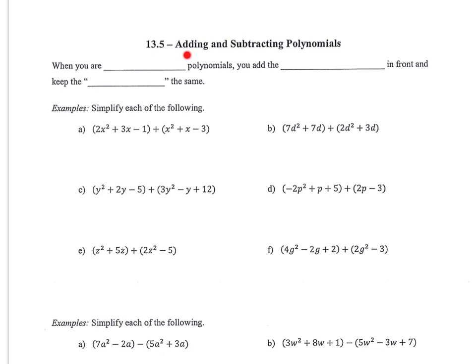Okay, this section is about adding and subtracting polynomials. When you are adding polynomials, you add the coefficients. So remember, coefficients are, if you had 3x, 3 would be a coefficient in front, and keep the exponents the same. So if you're adding these two expressions, when you're adding, the order doesn't matter, so you don't need